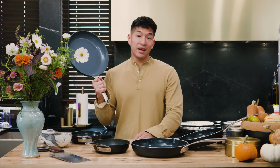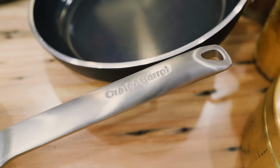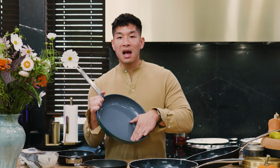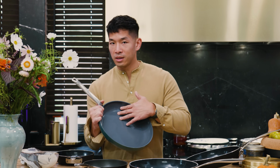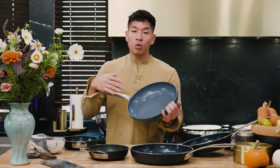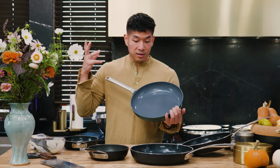This pan I got as a gift from my friend Danny when he was promoting his book, Danny Loves Pasta. It is a ceramic pan from Crate and Barrel, and it was the first time I ever used a non-stick ceramic pan and was actually impressed by it. Even without any kind of oil on it, I was immediately taken by how slick the surface was. I was even curious enough to cook in this pan, and so I fried some eggs in butter, and the non-stickiness was just as good as any non-stick pan that I'd ever used,